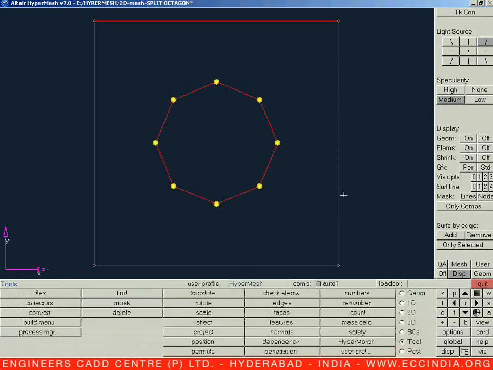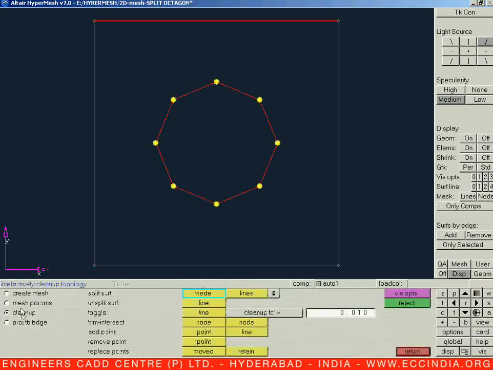Once we have the nodes at those particular locations, now let us go for the next operation to split it. So let us say F12. In the F12 let us say cleanup. Cleanup means divide our geometry in such a manner to make it simple. So let us go for node to node splittings. So let us say from this particular node to the opposite line, let us select on the opposite line, again say node and opposite line. This particular node we can split on vertical and horizontal again. So let us click on these and select those nodes.